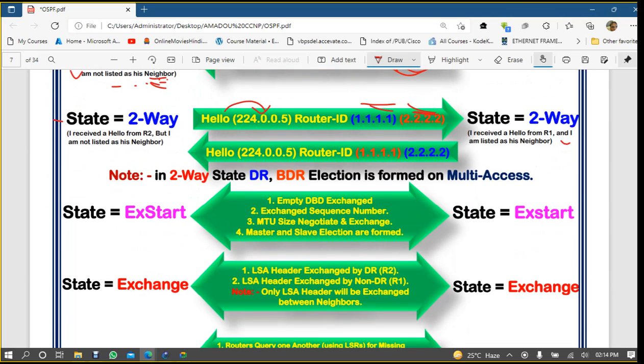Then router 2 will say that I received hello from R1 and I am listed as his neighbor. Same here, R2 will also send like this: this is my router ID, this is my neighbor router ID, and this is the multicast IP where I want to multicast. Once the hello packet is exchanged in two-way state,